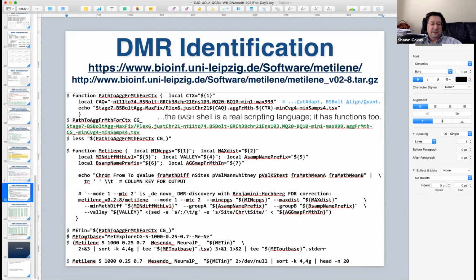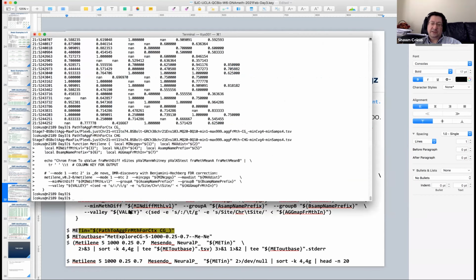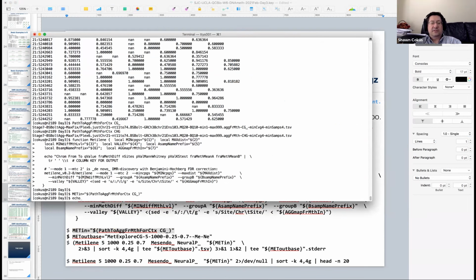So let me not even run this first one. That's more related to when we get to the point of fixating things in files. This is an example of how we're going to run this thing for a little while. First, we're going to do only CG context. So all that structure I made to really parameterize it for different contexts, because maybe you are in a situation where you have different contexts, we're not going to really vary. So let's just run that path name